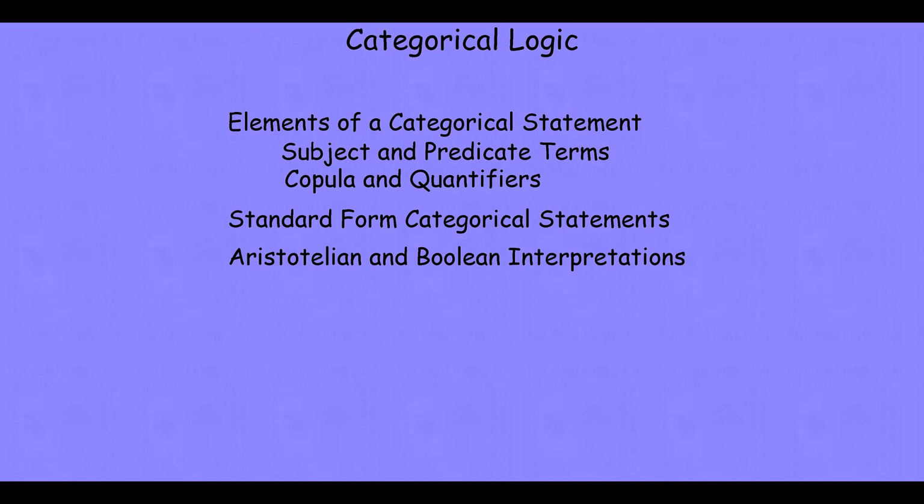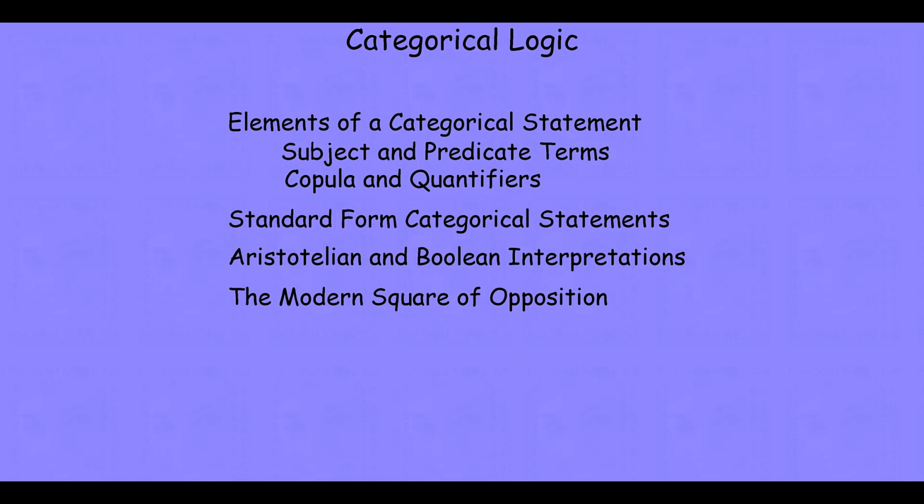Now, that seems like a small difference. You wouldn't think the difference between the class of horses and the class of unicorns was really that dramatic. But in logic, it makes a tremendous difference. As we'll see, the traditional or Aristotelian interpretation allows for many, many more valid argument forms than the modern or Boolean interpretation does, all because of that one simple assumption. We'll focus in on the Boolean interpretation, on the modern version of categorical logic, in part because it's just simpler. There are fewer necessary logical relationships, which makes the logic easier to use, easier to learn.